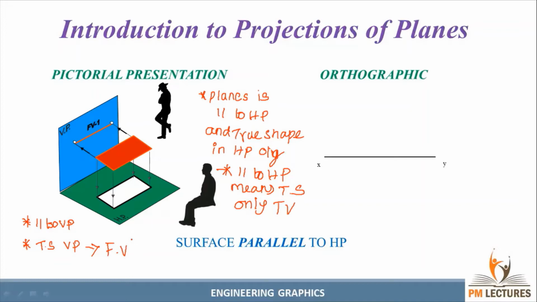So if the plane is parallel to HP, I can get the true shape in the HP only, and it can be visualized from the top view only. If the plane is parallel to VP, I can get the true shape in the VP only, and that also from the front view. So now I can go to the exam point of view, that is orthographic view. If I am seeing from the top view, the plane is parallel to HP, I will rotate the plane, because we can rotate the HP plane only in the first angle projection, for 90 degrees, and also in the clockwise direction only.